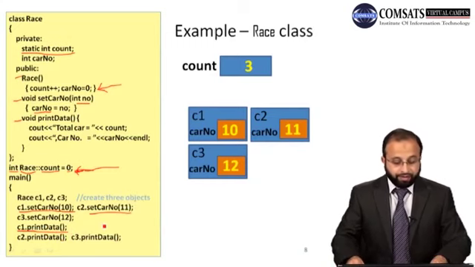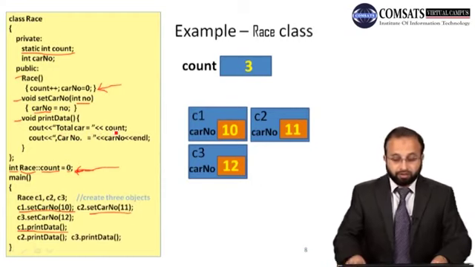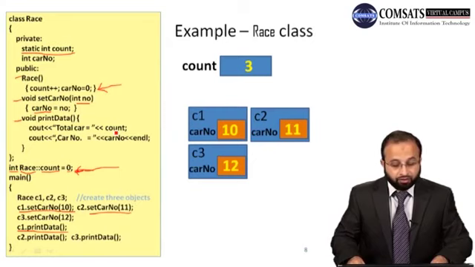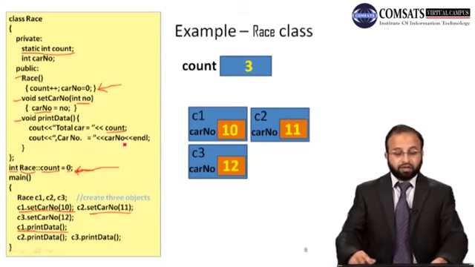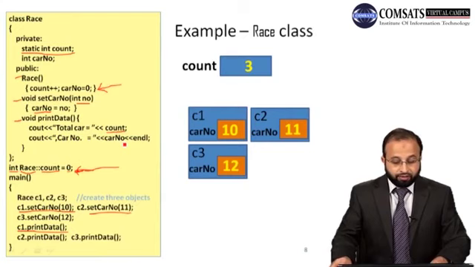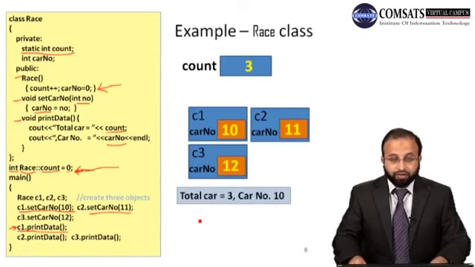And then we have a print data function. So C1 dot print data. You're going to print the data, right? So when you go to the print data function, it will display total car is equal to count. So it will display the total car, and total cars are 3 because we created 3 objects. So it will display the value of count, that is currently 3, and then the car number is equal to car number. So the car number of that particular object. Count जो है वो global है, but car number for the first one is for C1. C1 का car number display करेगा वो, ठीक है? So total car is equal to 3,